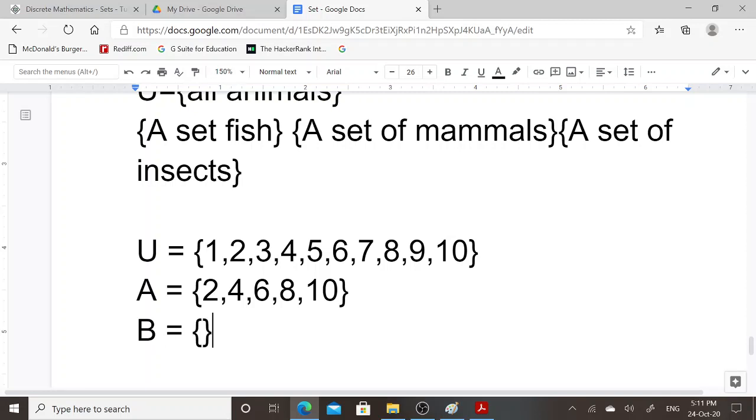We can also create set B which contains all odd numbers less than 10, that are 1, 3, 5, 7 and 9. This set A and this set B are the subsets of this universal set.